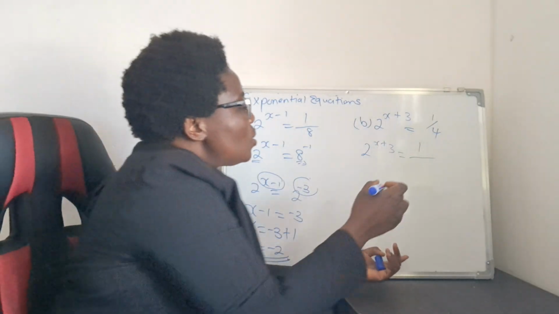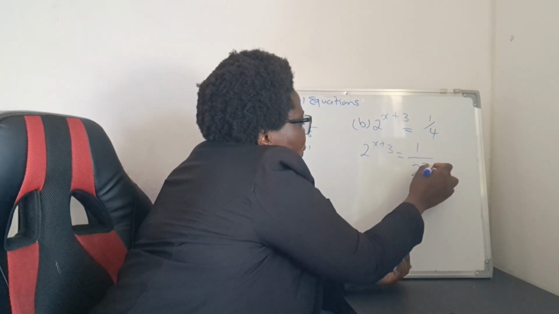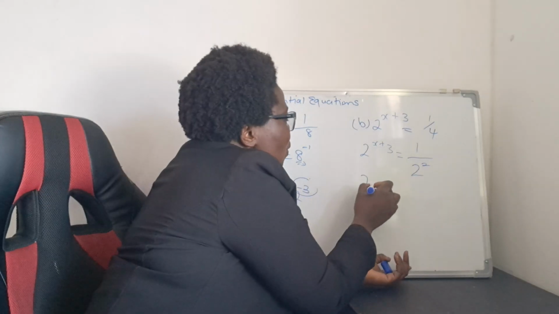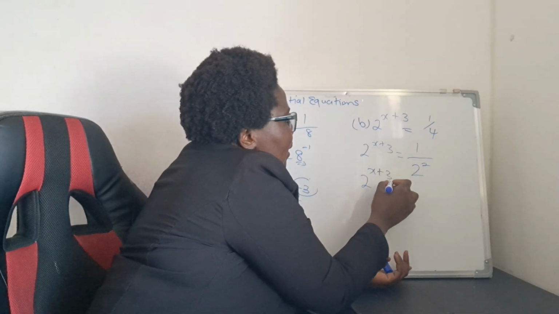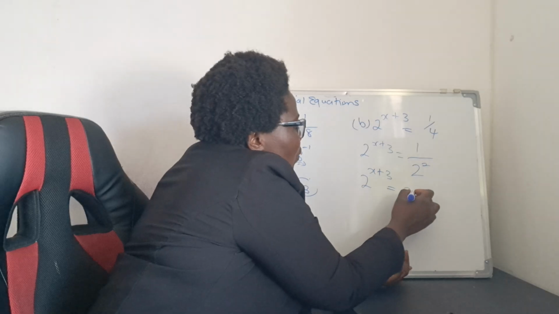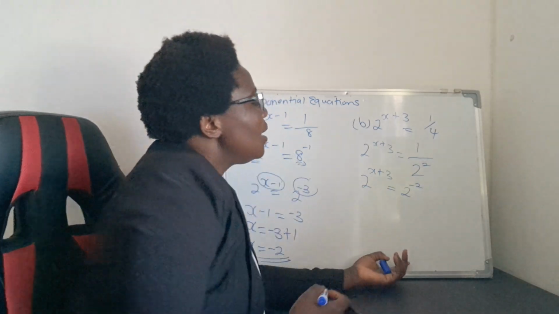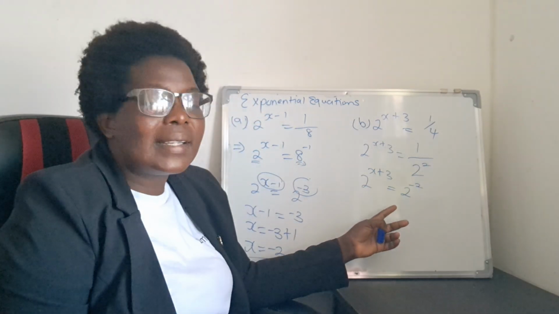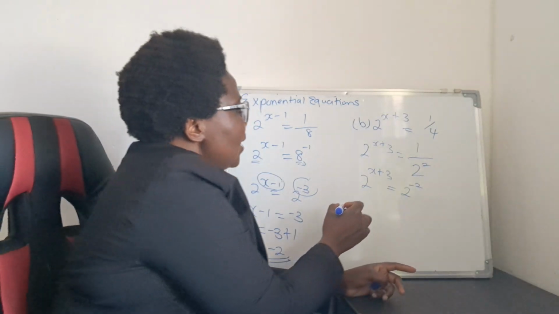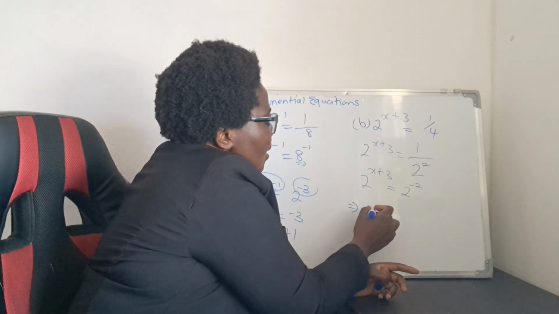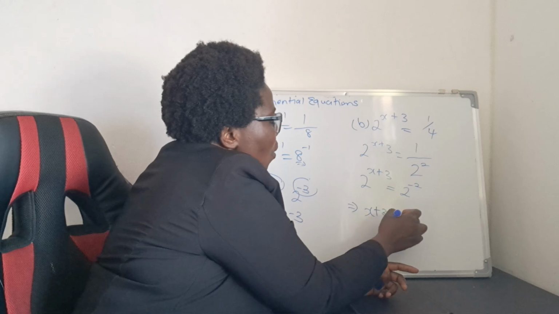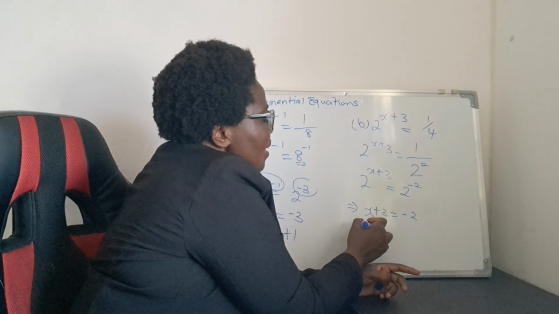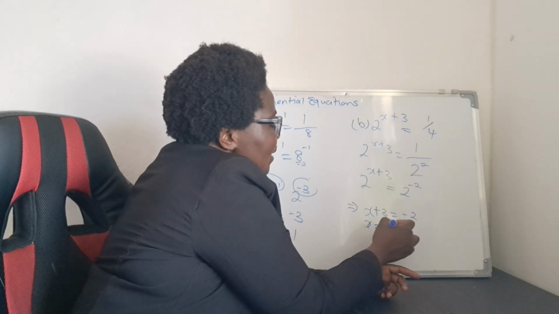So it means that it's 2 to the power of 2. So therefore, from this scenario, you can now remove the fraction completely, and then it will be 2 to the power negative 2,